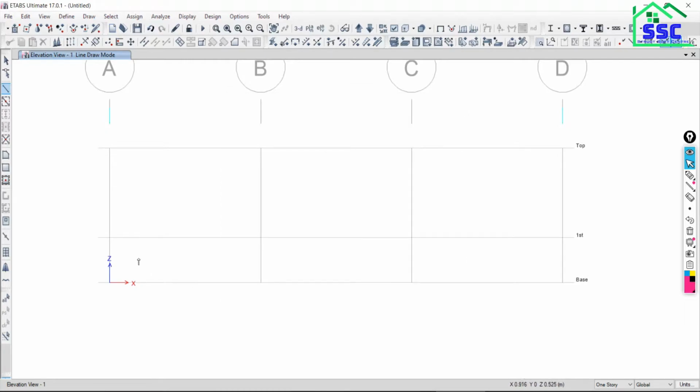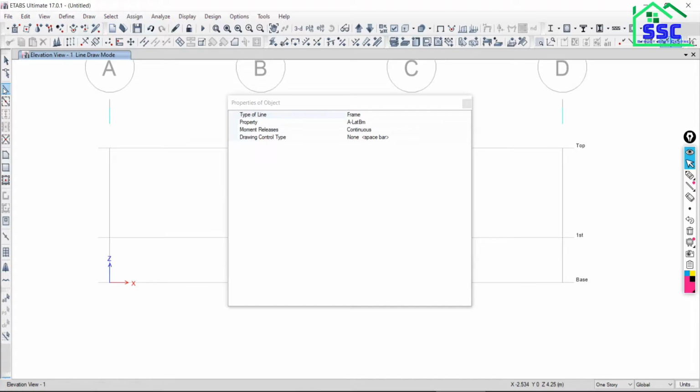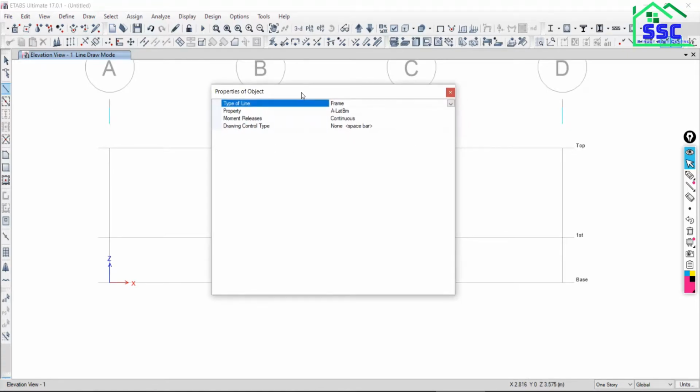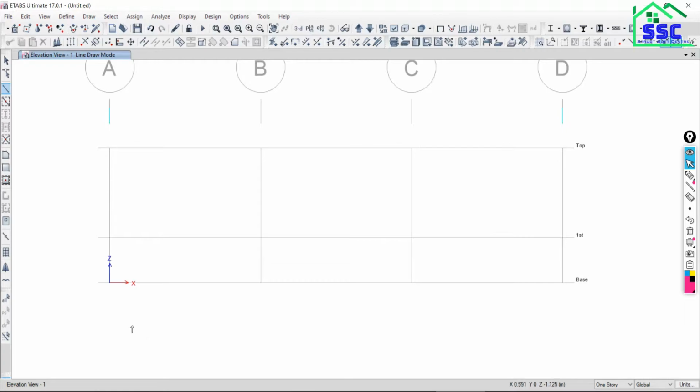Just close it. On the left side you will find a beam option. Is it visible? Draw beam, column, all options will be there. Just click on this line. This kind of dialog box will open up, and many things are there that we will discuss after some time in the next exercise. Right now our focus is not this. Just close it. All points will be covered. Now how can you model a line element or frame element?